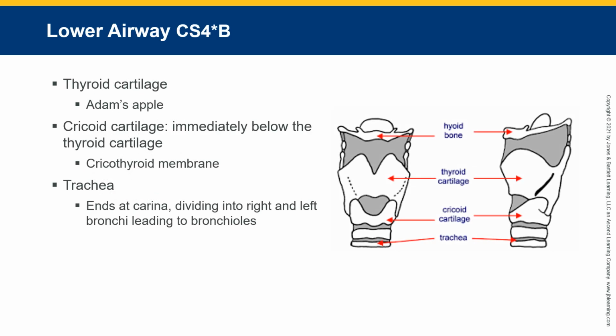Moving down into the lower one here, you have the thyroid cartilage, which is the Adam's apple, and then the cricoid cartilage, which is below the thyroid cartilage. There's a membrane between the two, the cricothyroid membrane. The structure is this little space here between the two. The trachea itself ends at what we call the carina, which is the last of the little C cartilages there